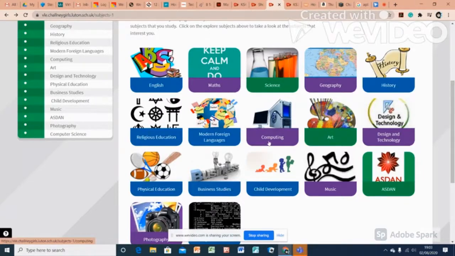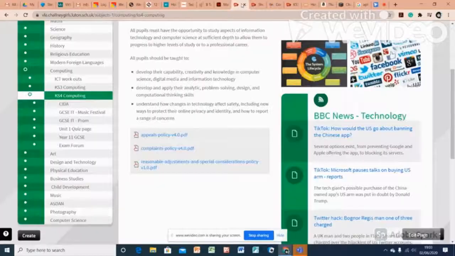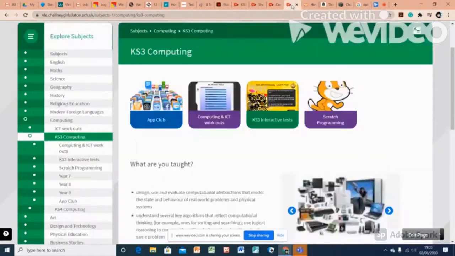So if I go to my section, which is computing, you can see from my section that we've divided this up into year groups. Again, this makes it very easy for the students to identify their work on the page. So if we go to the Year 9 button, which is right down here,